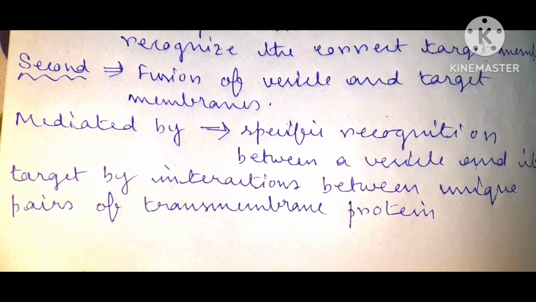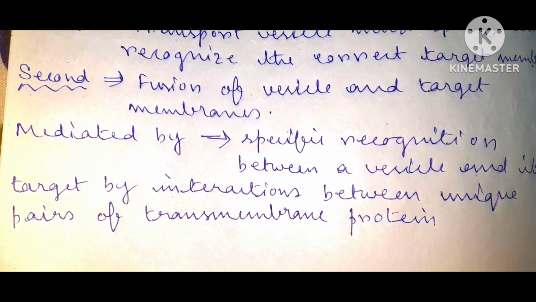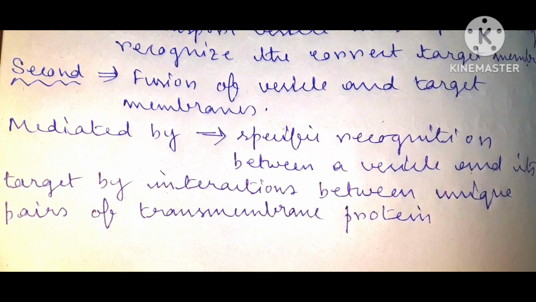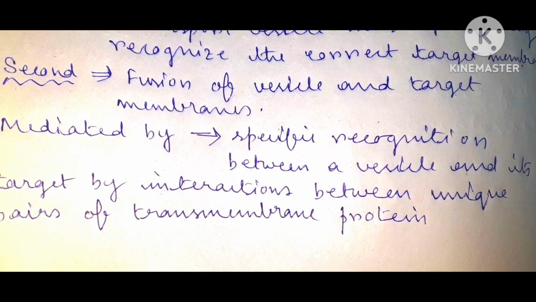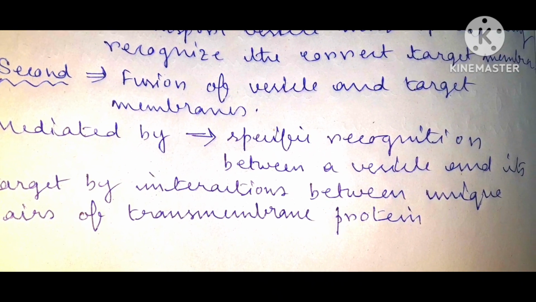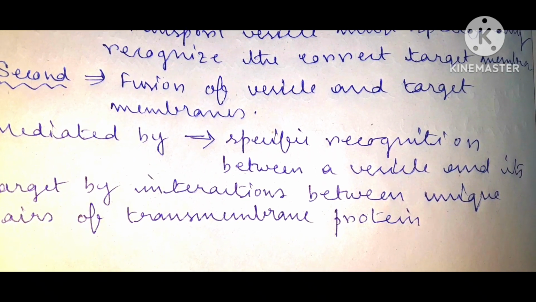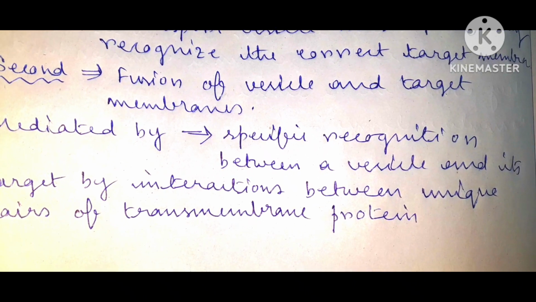Transmembrane means some part of this protein is inside the plasma membrane, and some part of this protein is outside of the plasma membrane. So transmembrane. Okay. Then the next step